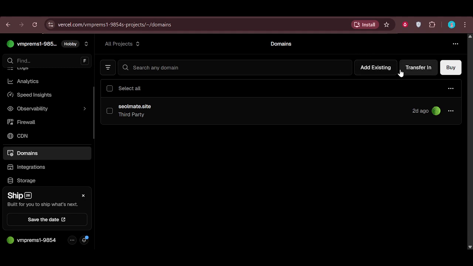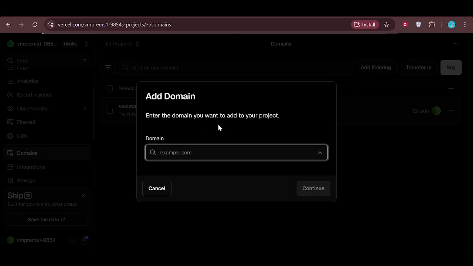In the domain section, you'll see a text box where you can enter your domain name. Type in your domain, for example, example.com, and then click the Add button. Vercel will take a moment to process this and then show you that the domain has been added to your